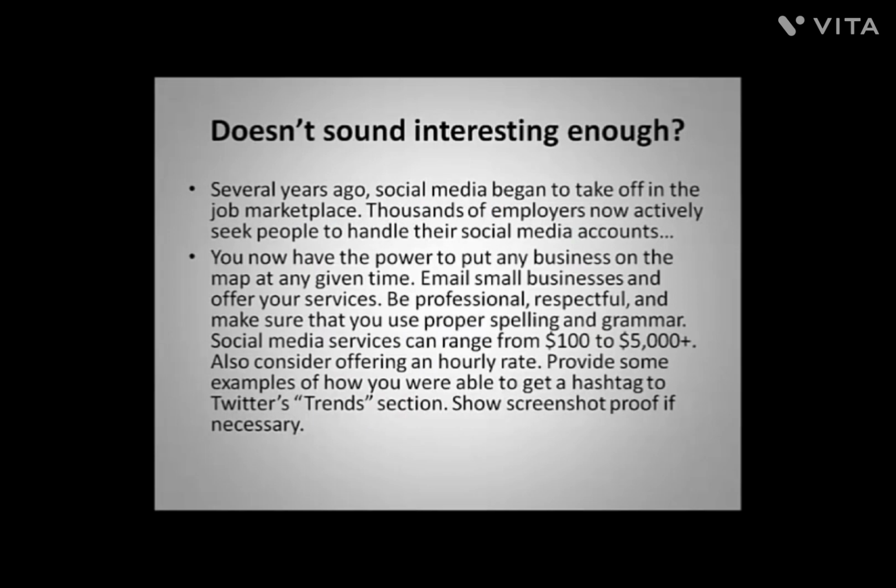And if this doesn't sound interesting enough, several years ago, social media began to take off in the job marketplace. Thousands of employers now actively seek people to handle their social media accounts. So think about this, guys. Think about the ability to trend your own hashtag and then show other businesses that you've been able to trend on social networks. That's massive.